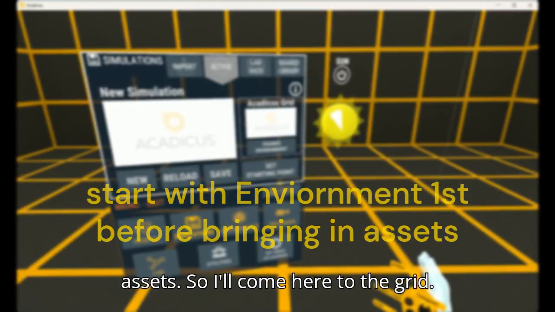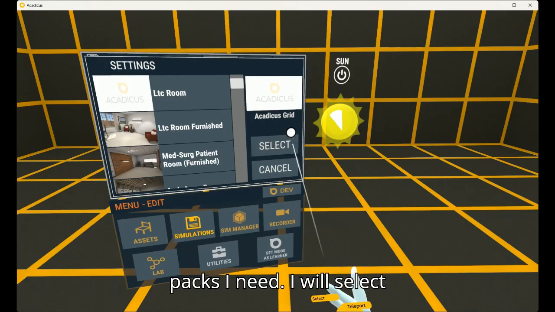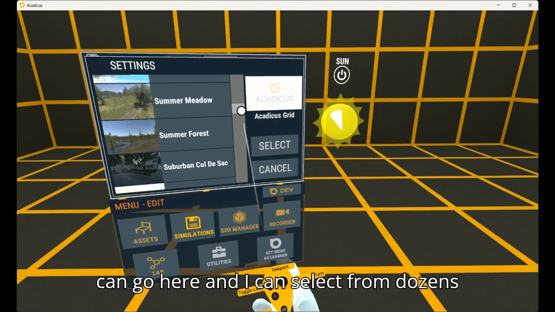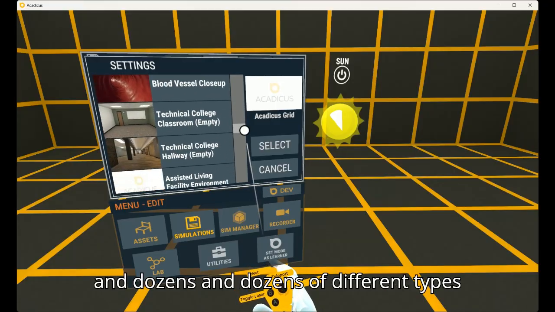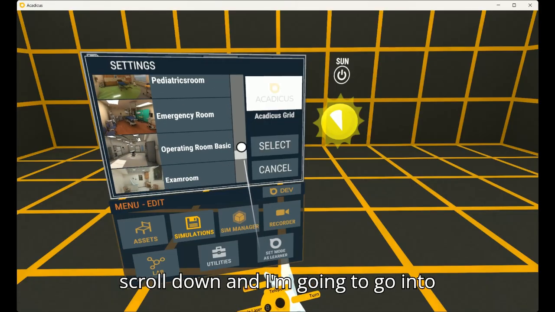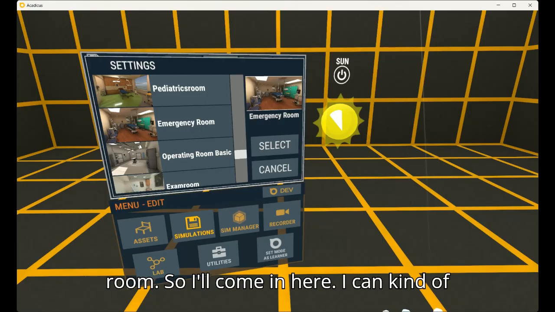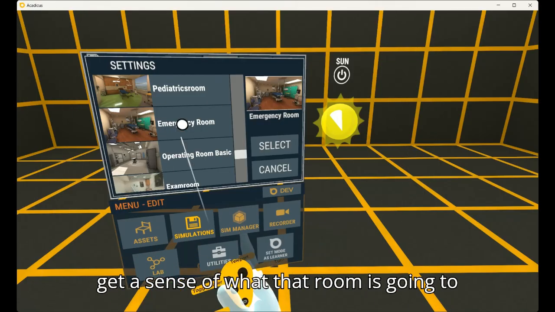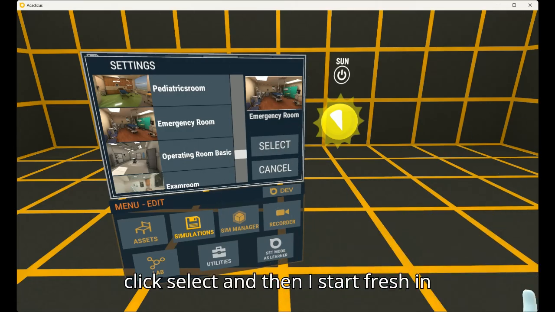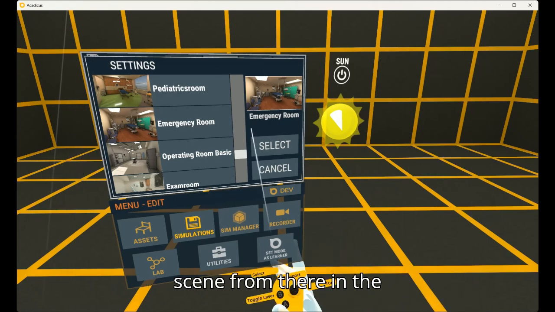So I'll come here to the grid. I'll make sure I have downloaded the packs I need. I will select change environment, and then you can see I think I have all of them. I can go here and I can select from dozens and dozens and dozens of different types of environments. So maybe I want to scroll down and I'm going to go into my scene takes place in the emergency room. So I'll come in here. I can kind of get a sense of what that room's going to look like here with the thumbnail. I'll click select, and then I start fresh in that room, and I can build out my scene from there